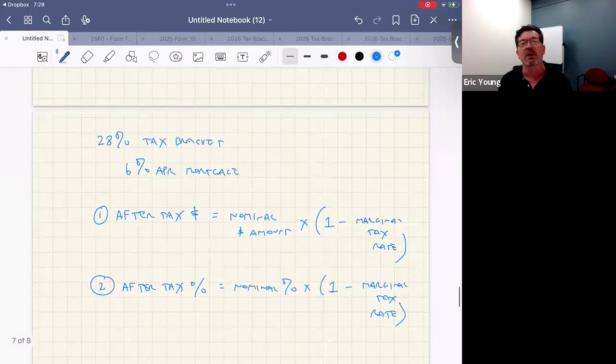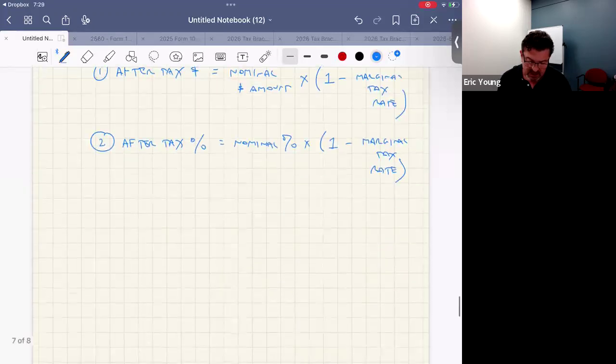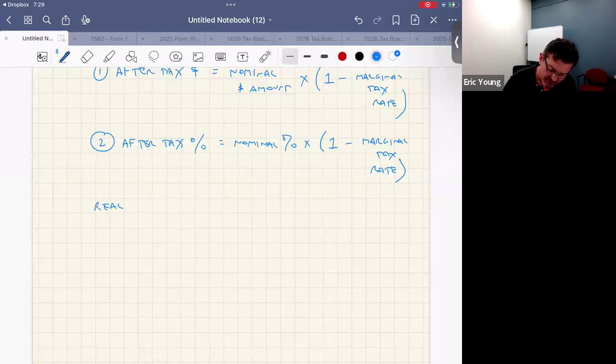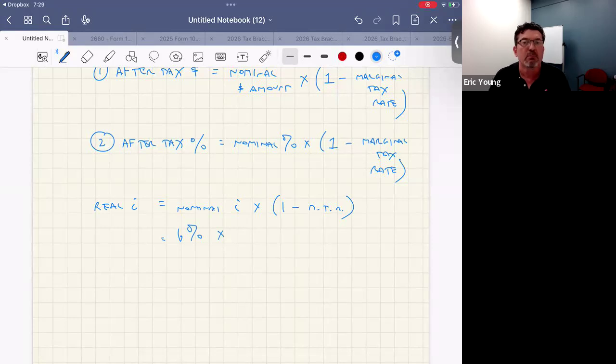So let's go back to our example up here. You pay 6% APR on your mortgage. You're in the 28% tax bracket. Well, what does this mean? It means that when you factor in tax considerations, your real interest rate is going to be equal to your nominal interest rate times 1 minus your marginal tax rate. If you have a 6% mortgage, but your mortgage interest reduces your taxable income and you're in the 28% tax bracket,